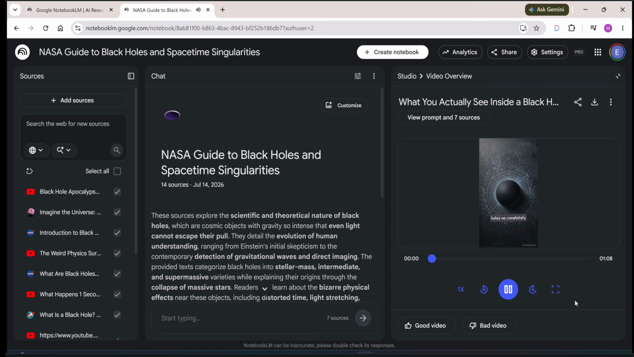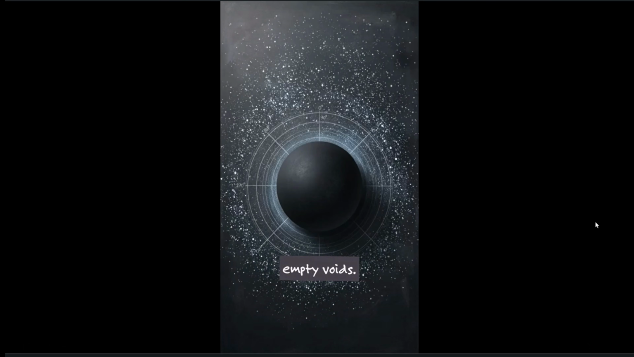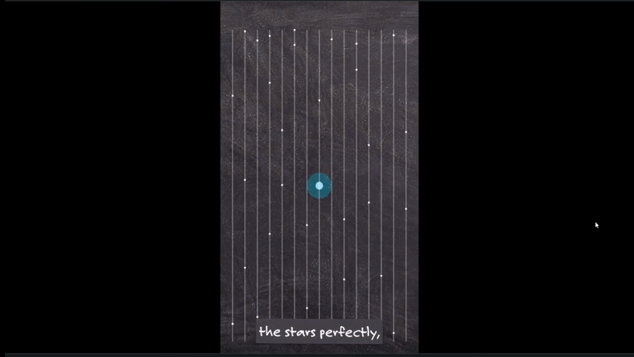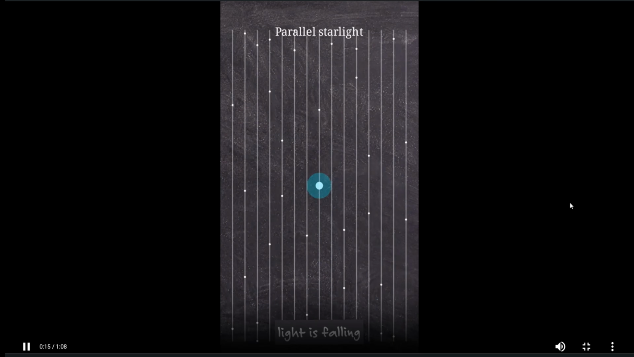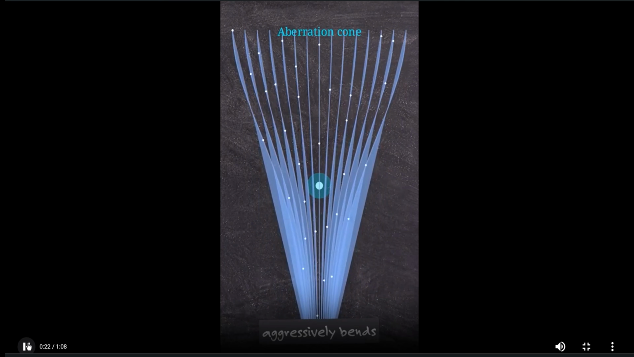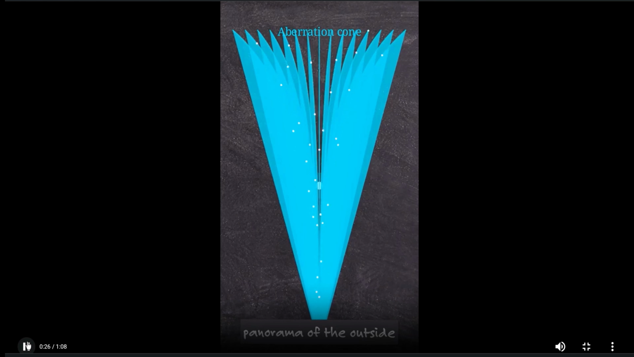We picture black holes as completely dark spheres, but thanks to the aberration of light, they aren't just empty voids. Imagine you cross the event horizon, survive, and look straight up. You'd actually see the stars perfectly because the universe's light is falling inward right alongside you. But as you plunge deeper, extreme gravity aggressively bends those incoming light paths. The entire 180-degree panorama of the outside universe is forced into an increasingly